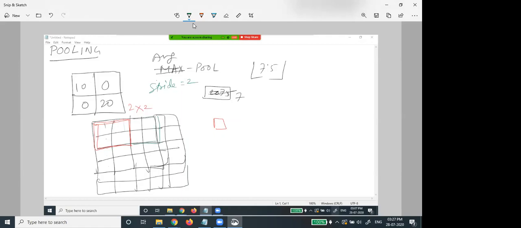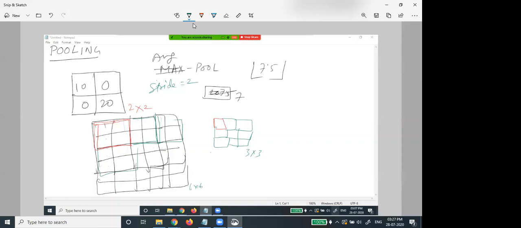So here it will be one value, then this portion another value, and so on. So from the 6x6, we are getting 3x3.